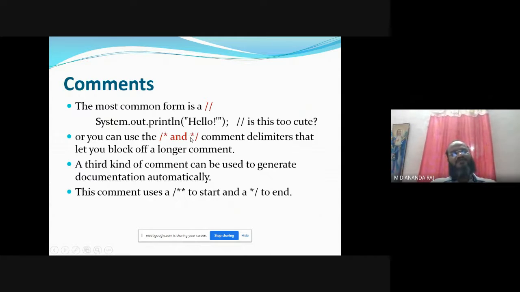Normally these comments are used for better understanding of the program, so users can put some comments inside the program. And the third one is slash double star to start and star slash to end that particular comment.